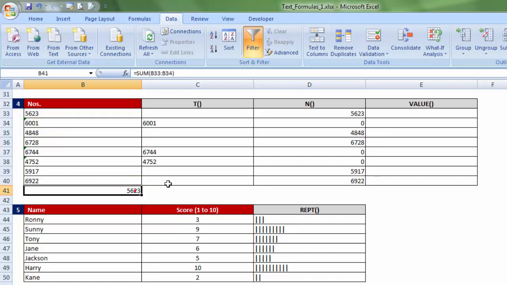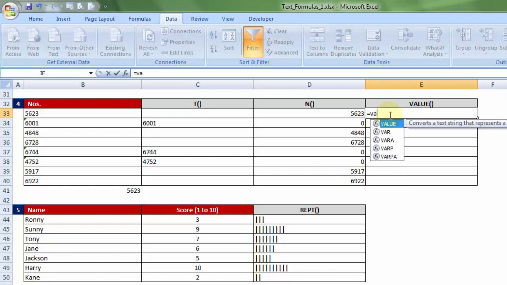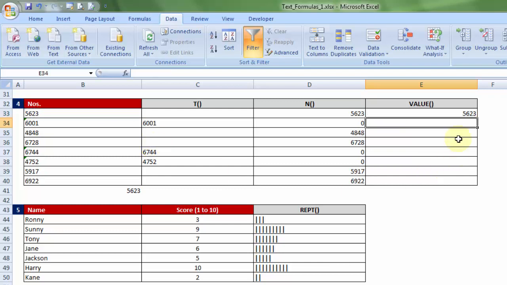You notice it doesn't give me 11,000 plus, it only considers the first digit. Now how do I clean this data using a formula without touching my master data? There exists one formula called VALUE. If I choose the cell,